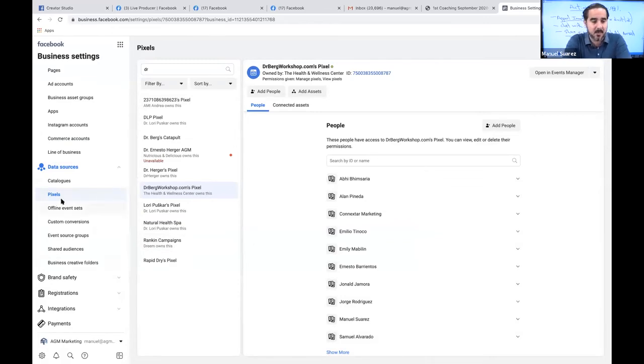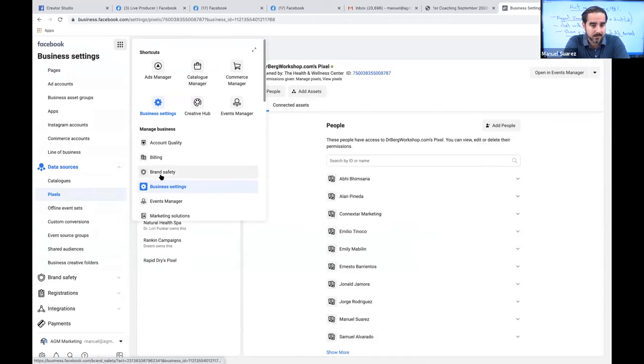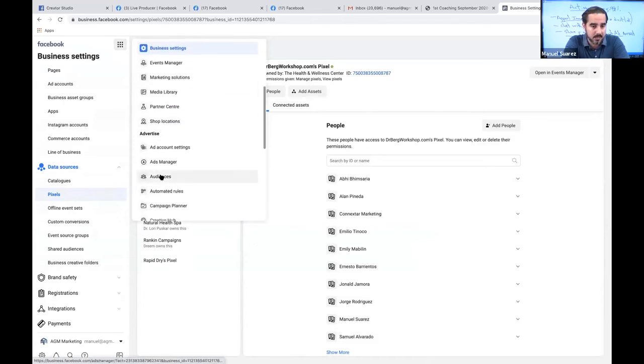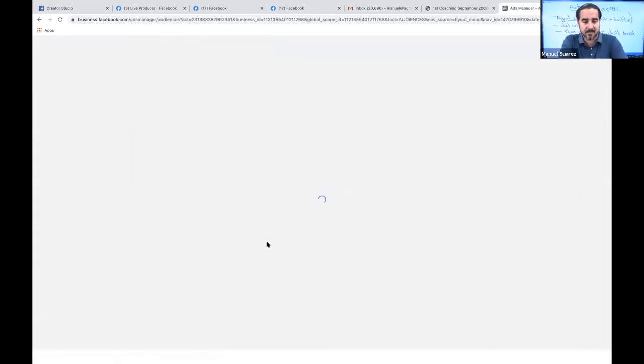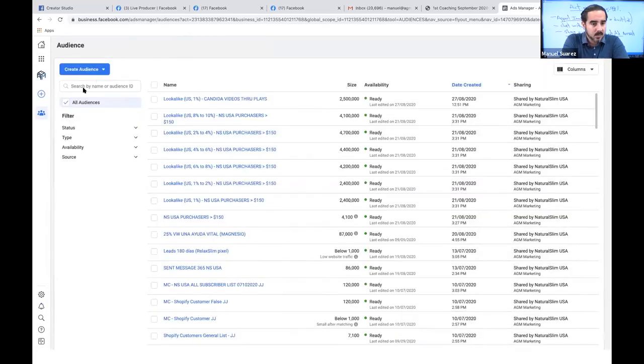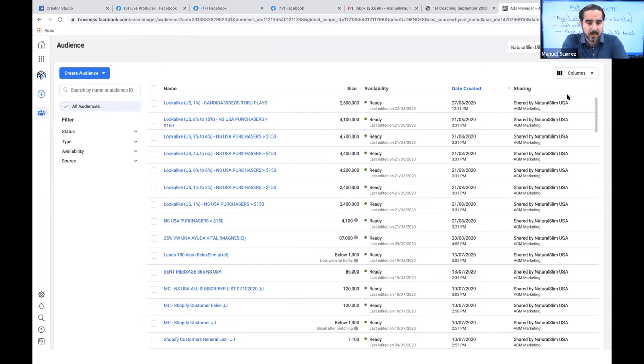And the same way with the audiences. If you go to audiences, from the drop down menu over here, you can do the same exact thing that we just did for the pixel. And let's see over here, we're in the Natural Slim USA account. This is a second account. I think they're all shared with the first account.